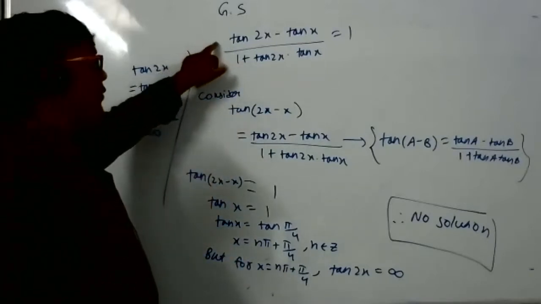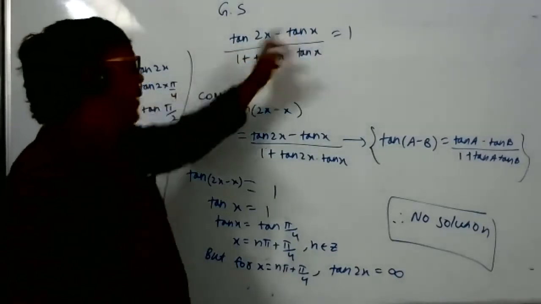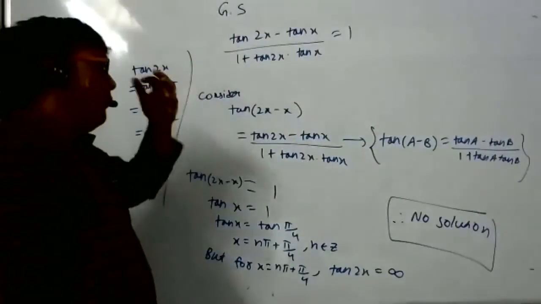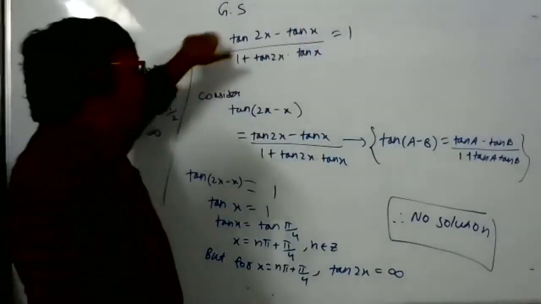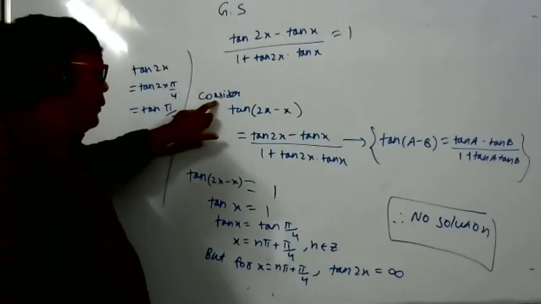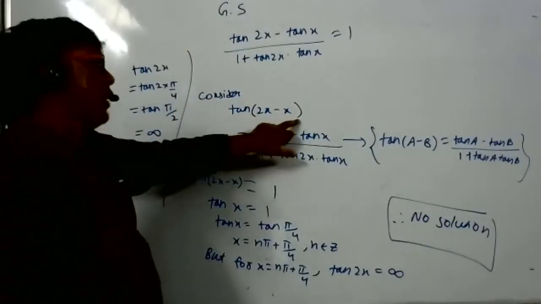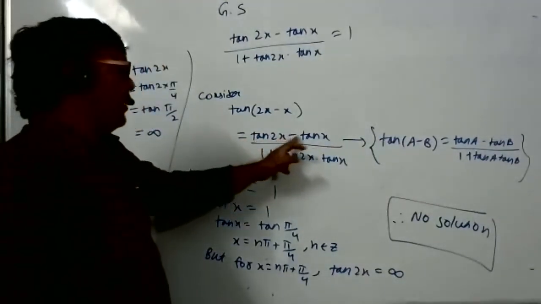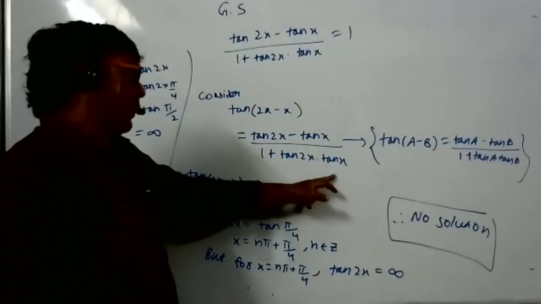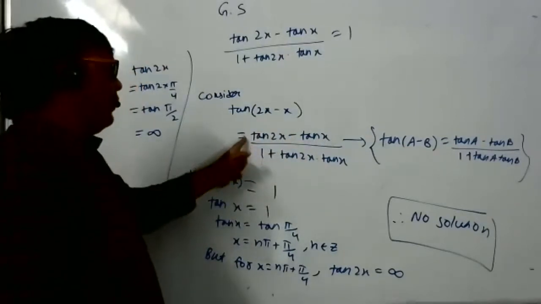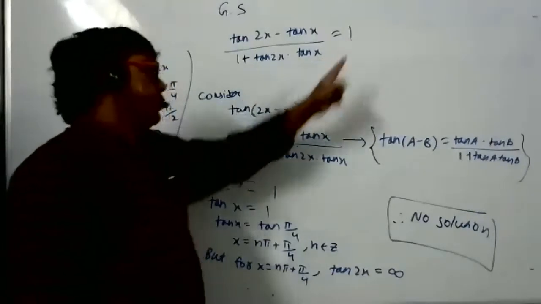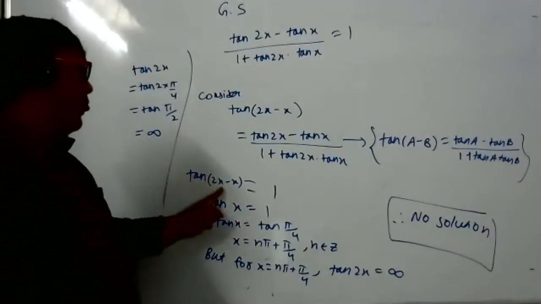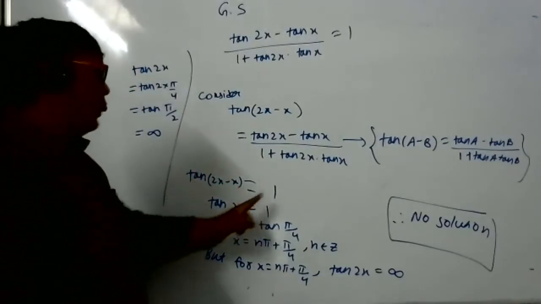Now, how did I do this sum? This was a homework sum. The question was (tan 2x minus tan x) by (1 plus tan 2x into tan x) is 1. Find the general solution. Because this looks like a formula, I considered tan(2x minus x), using the compound angle formula tan(a minus b). But this expression's value is 1, as given in the question. So in the place of the entire expression I can put 1, whereas the left hand side is tan(2x minus x).